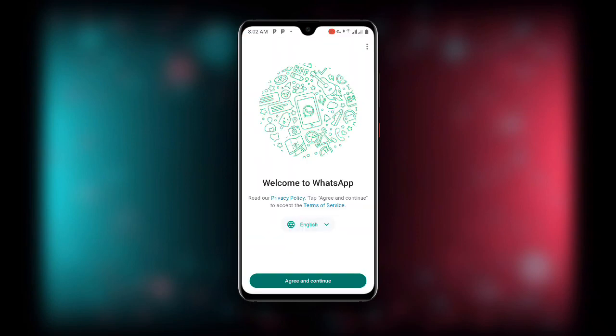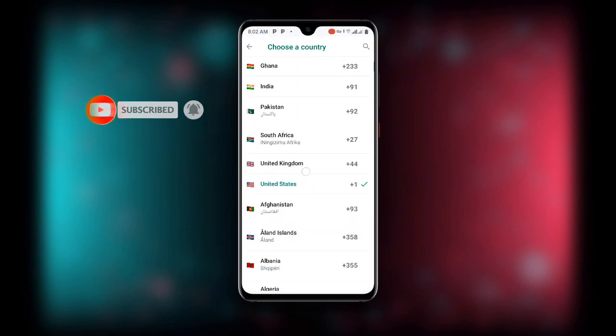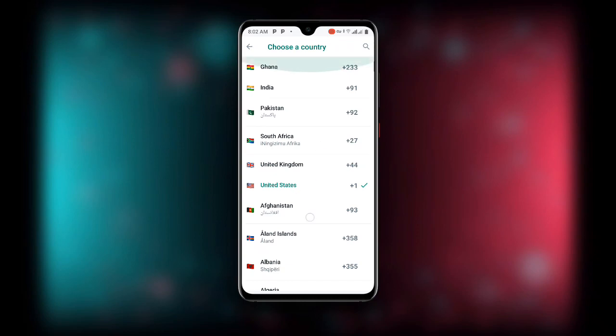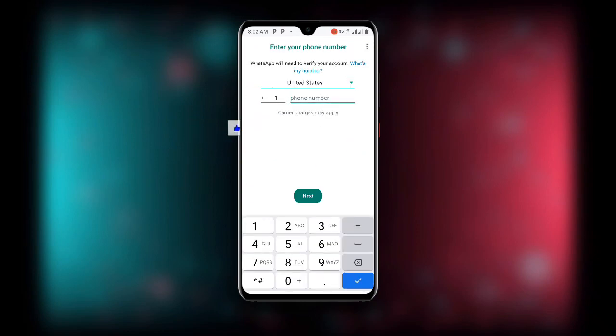Then you click on agree and continue. Once you open your WhatsApp, it will be asking for your contact. I have already selected USA because I was using a USA number for my WhatsApp, so it is already on USA. Once you have selected USA, which is the United States over here, all you need to do is just